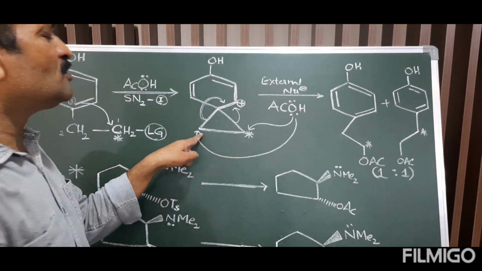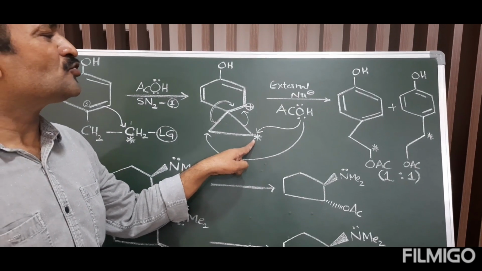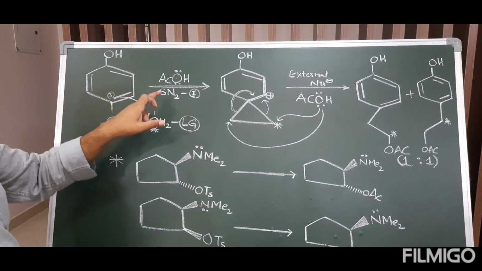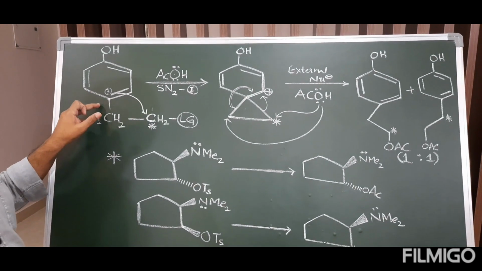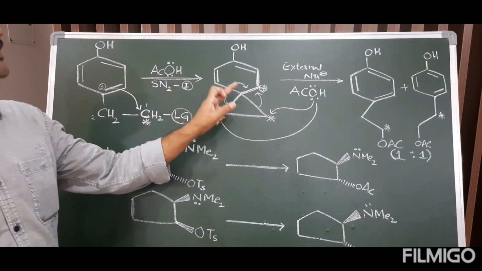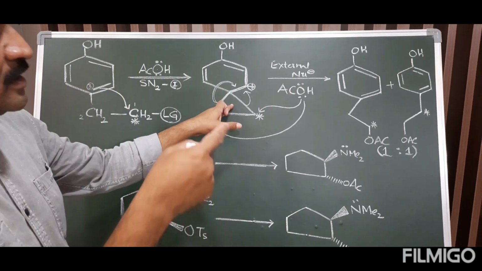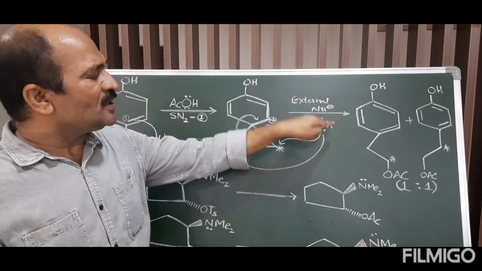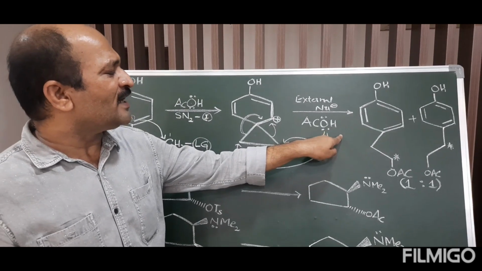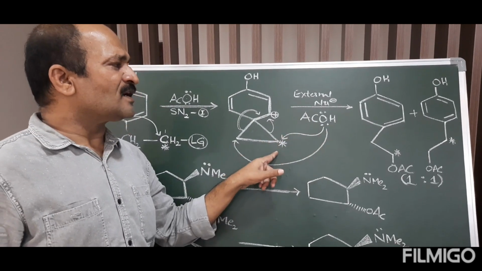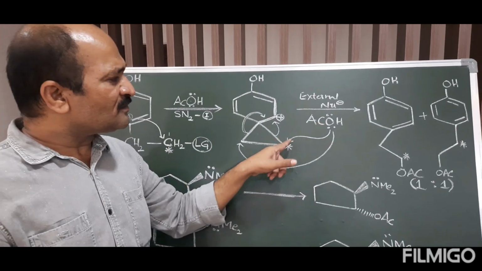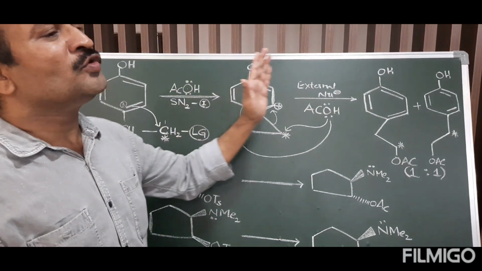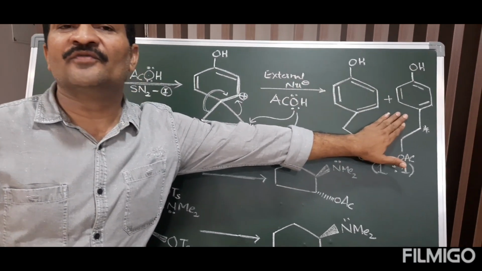For the identification only, here I am taking the labeled isotope. This is the mechanism of the NGP reaction. In the NGP, in the first step, the internal nucleophile is involved and leads to the inversion of the configuration when the chiral carbon is there. In the second step, the external nucleophile attacks, and this attack is also from the backside. Because of this backside attack, one more inversion takes place. The summation of two inversions leads to the retention of the configuration.